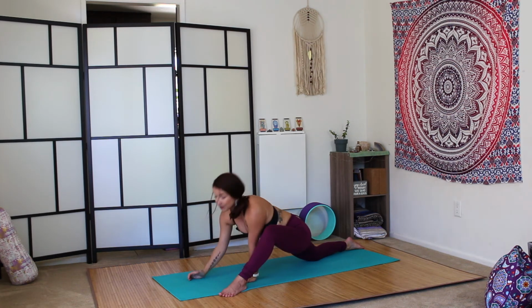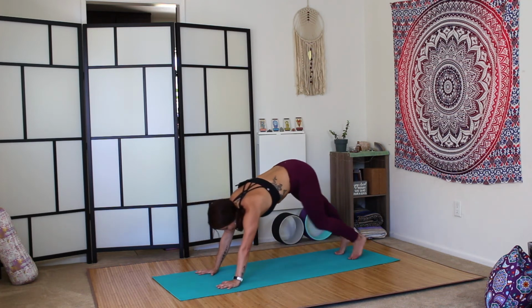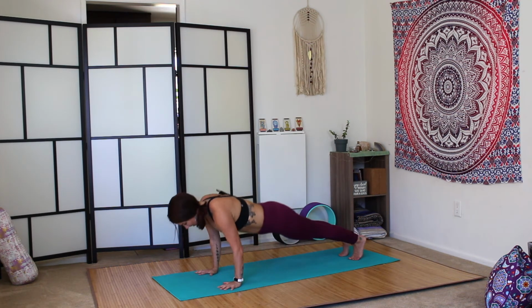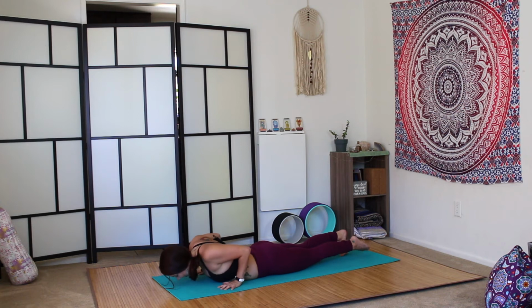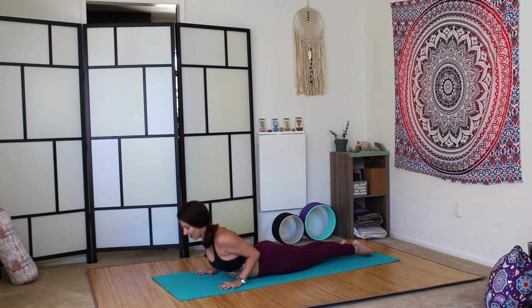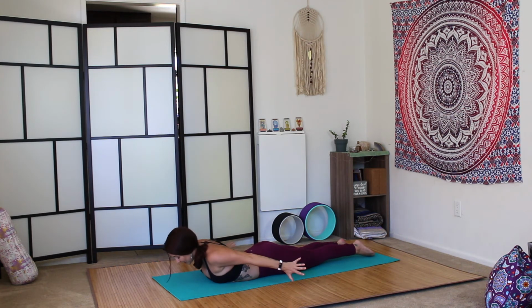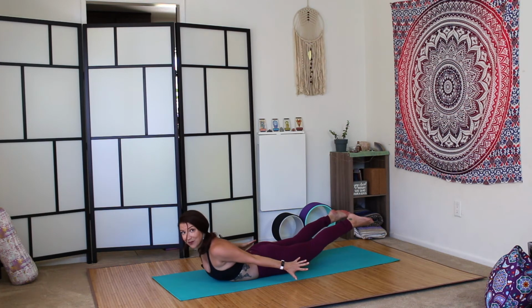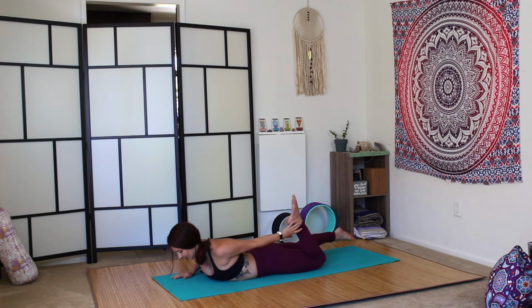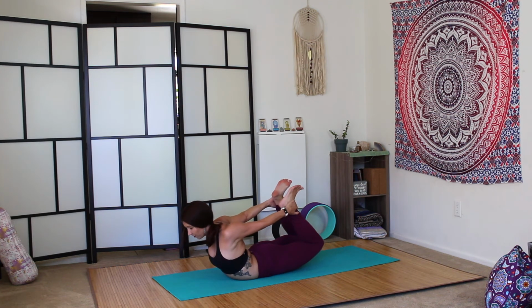Awesome. If you're on the forearms, walk the hands back in. Step it back to plank. And bring the belly to the mat. Inhale, cobra. Dip the chin. Press through the hip points. Release. And you can either here reach the hands back and lift the heels once again like we did before, or bend the knees, grab the ankles, squeeze the knees towards one another, and kick the feet away from you,